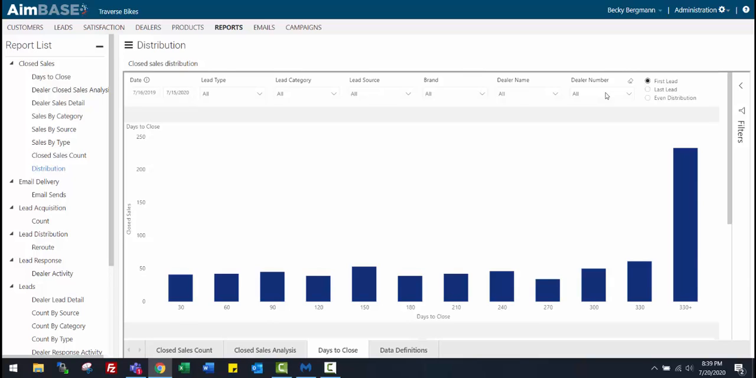But the goal is to help you understand more about your customers and the sales cycle for your brand. So an important note about this tab, which differs from others in this report, is the ability to toggle between first lead, last lead, and even distribution. So to help better explain the differences between each of those selections, let's just take a look at John Doe's